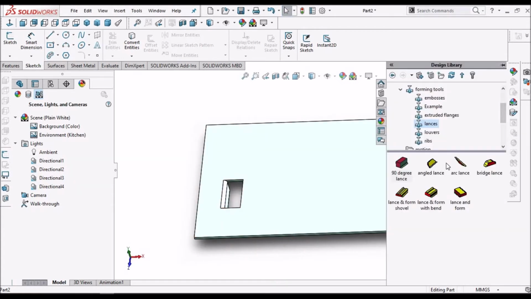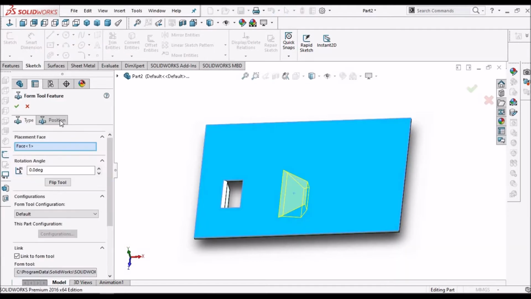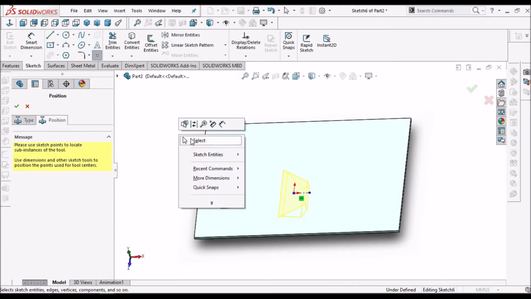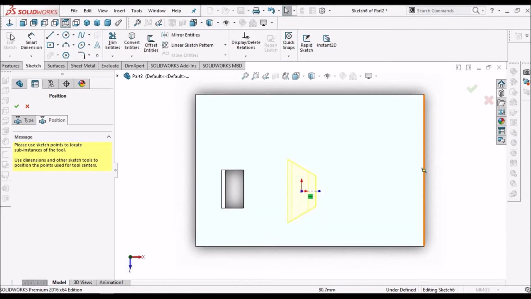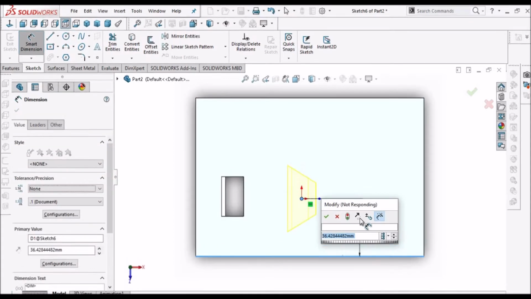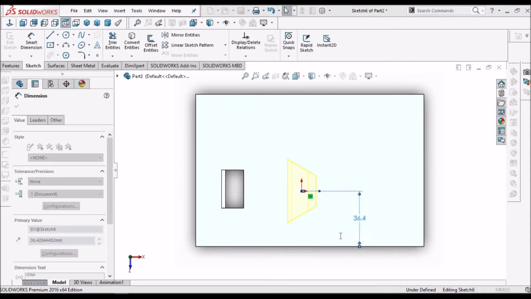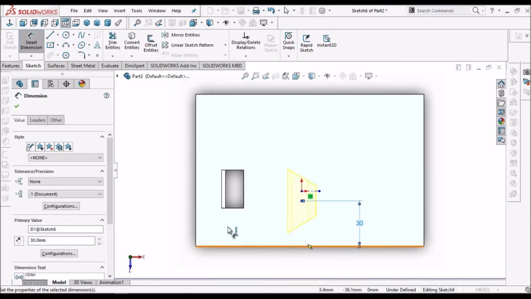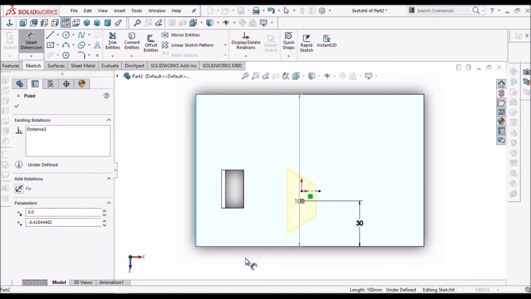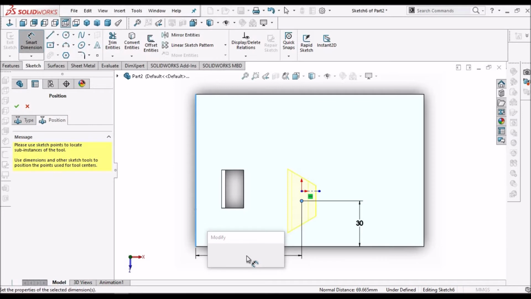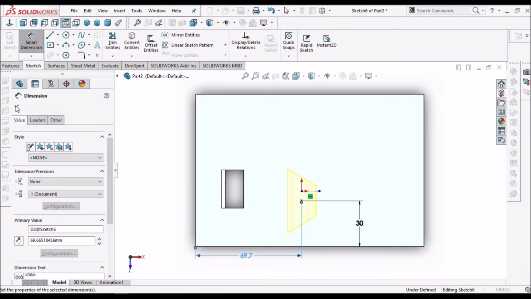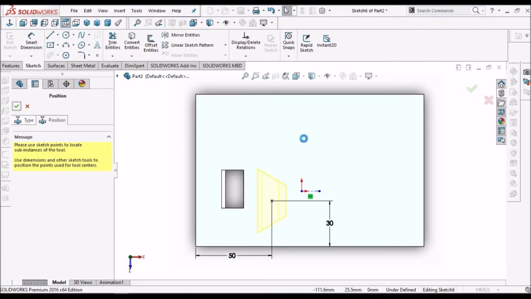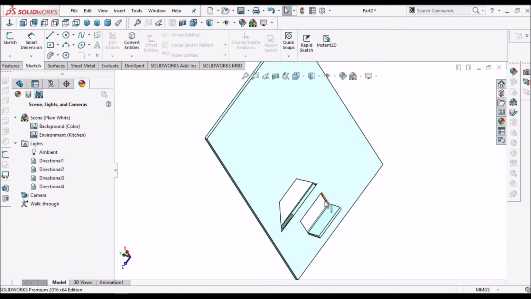Suppose I want to place this at a particular location, then I have to click the position and keep it normal, and I can give the dimensions, so we can position it at a particular desired location.